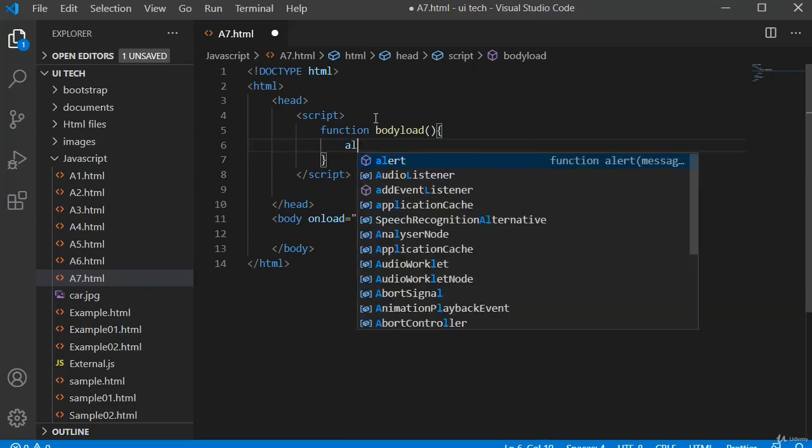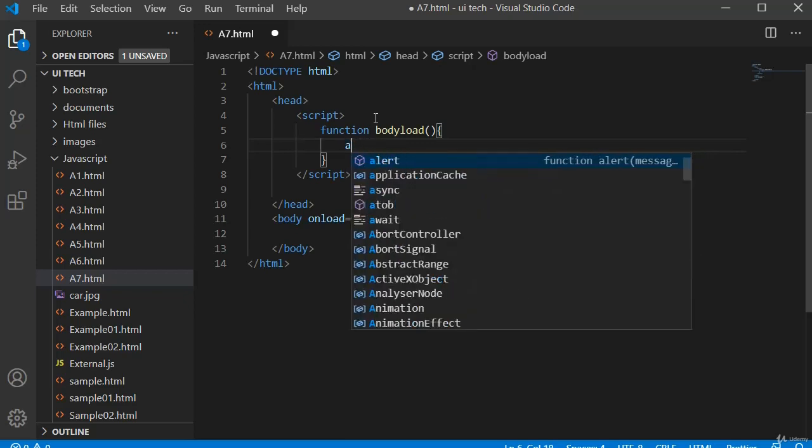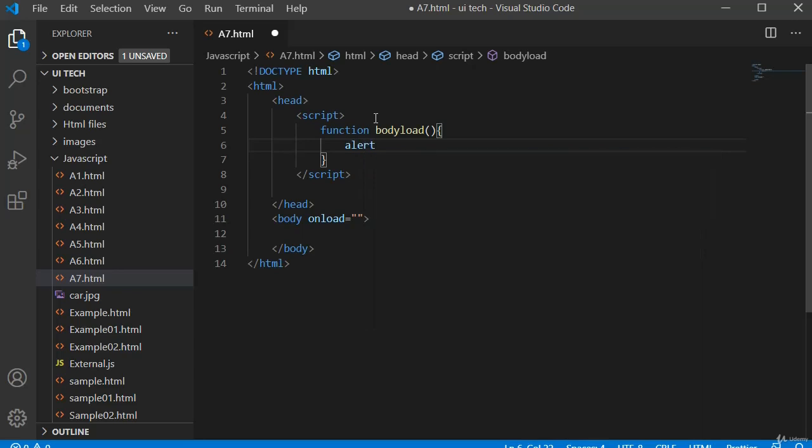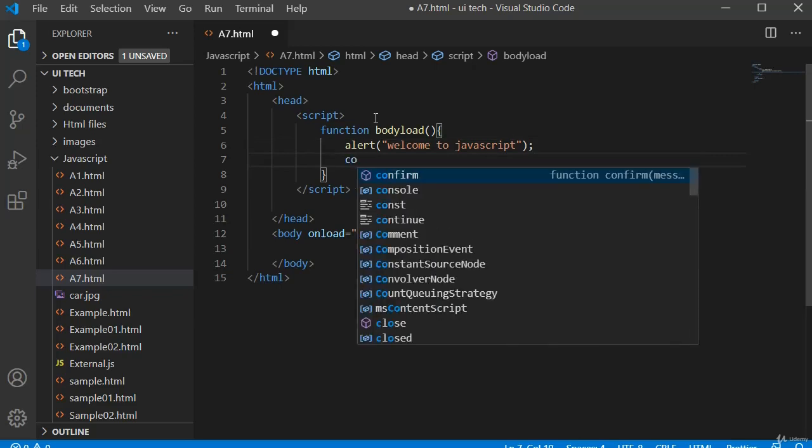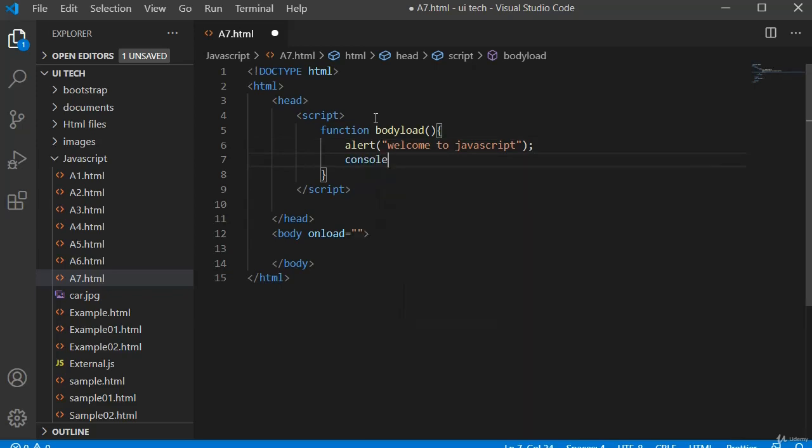So we will use the alert function. Inside this I want to print welcome to JavaScript, and I want to print on console.log.